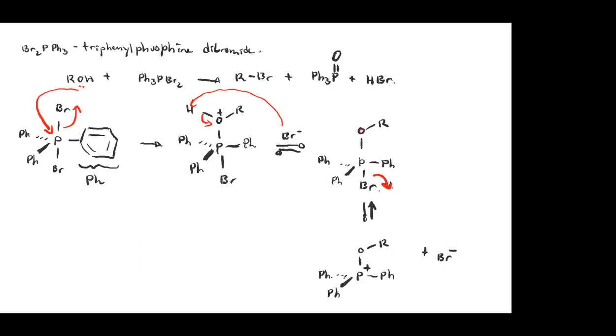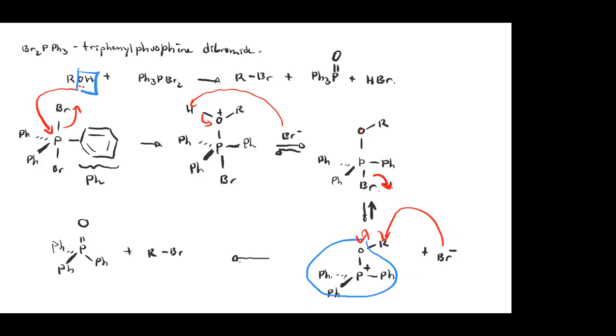again, what we've basically done is taken ROH and then converted it into a superb leaving group, okay? And so now the bromide can come back in. Again, backside attack, if that's the stereocenter that's bearing the oxygen, it's going to get inverted. Okay, and so the net effect is that you get displacement of that activated phosphorus species with Br minus. Okay,